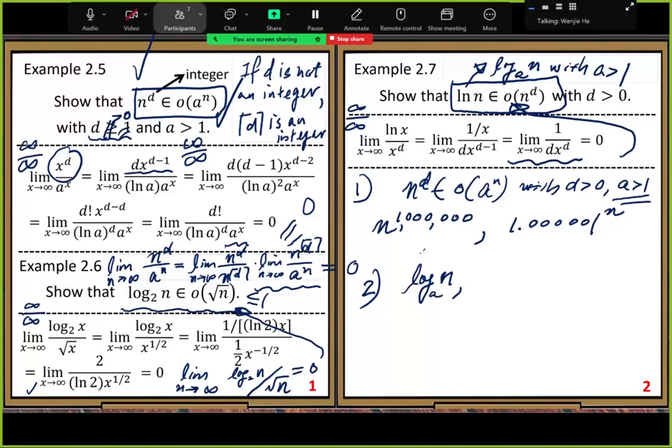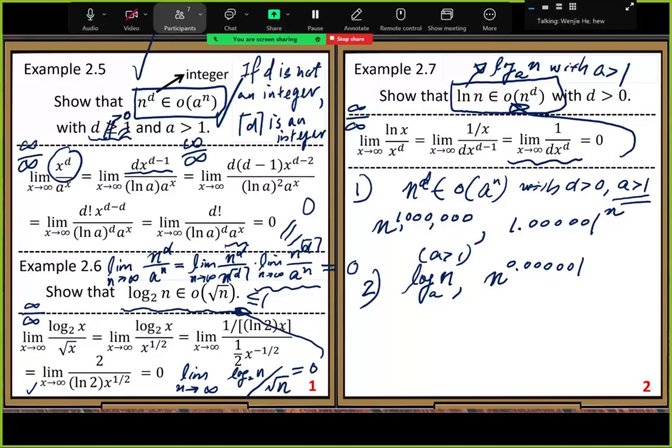Then you compare it with the n to the d power function. Because for the power function we only need d greater than 0, how about n to the 0 point something, a very small number, n to the 1 millionth? That's a small exponent. When you compare these two functions,